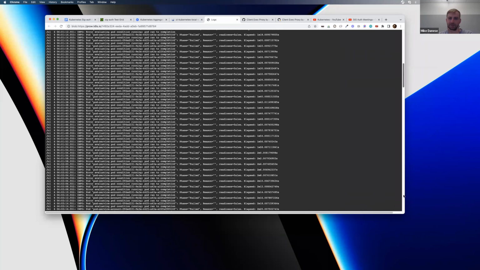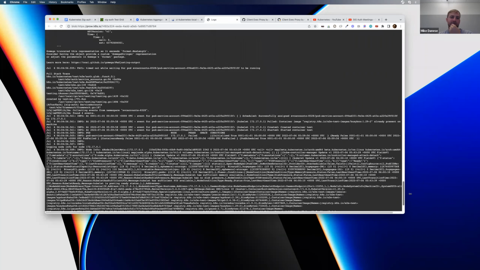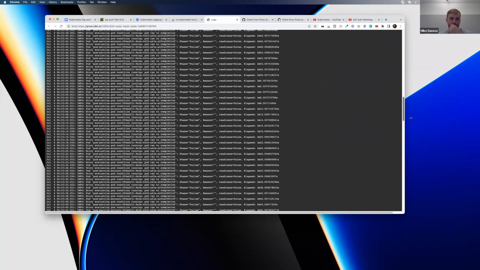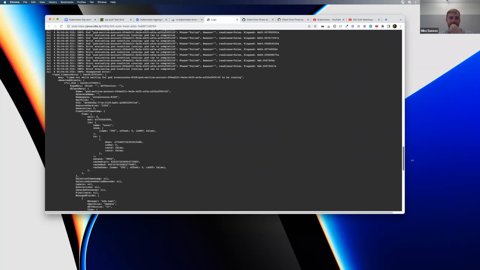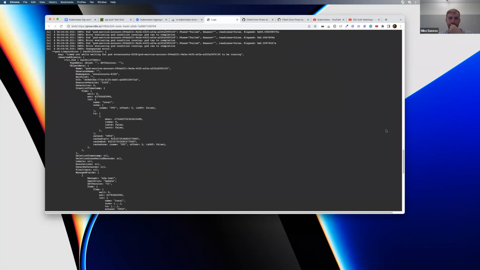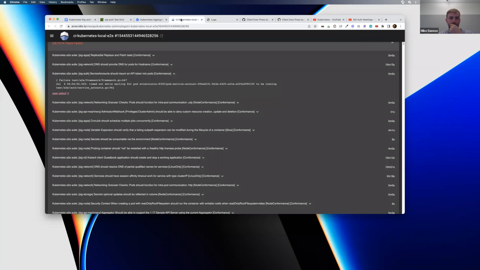The service account discovery doc looks kind of flaky, even excluding that CI, the Kubernetes CI local E2E. So there might be something. Do we want to open an issue for this?